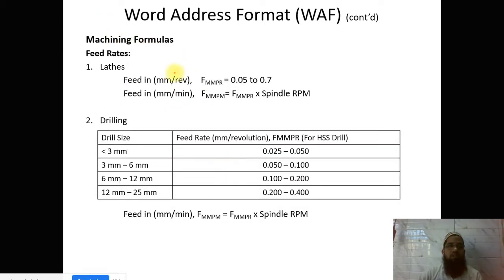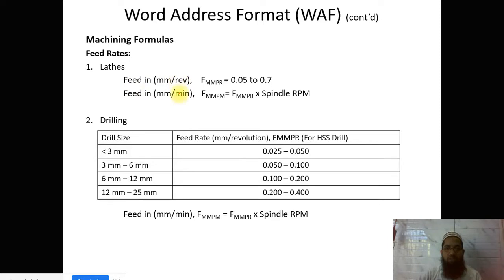Next, the machining formula, continuing with the lathe. Feed in per revolution is very important. The unit is very important. Many times I have seen in semester examinations that students are not aware of the unit, due to which the entire numerical goes wrong. The unit has a very important role in solving the numerical and reaching the right values. So you have to take care of the unit.